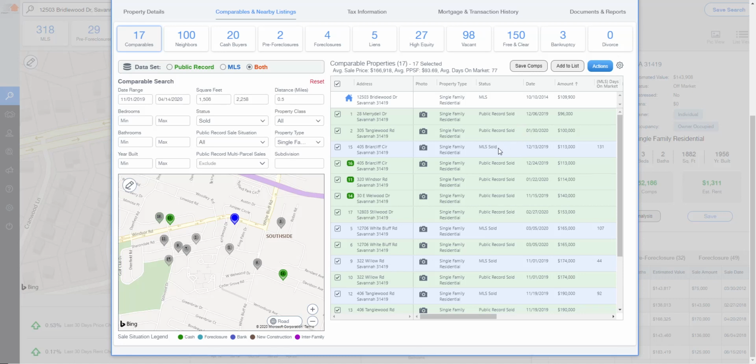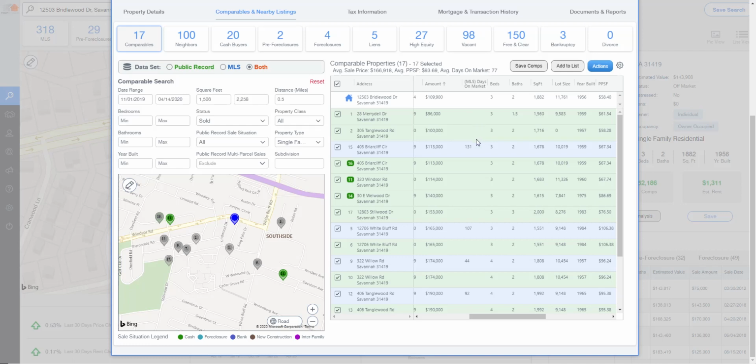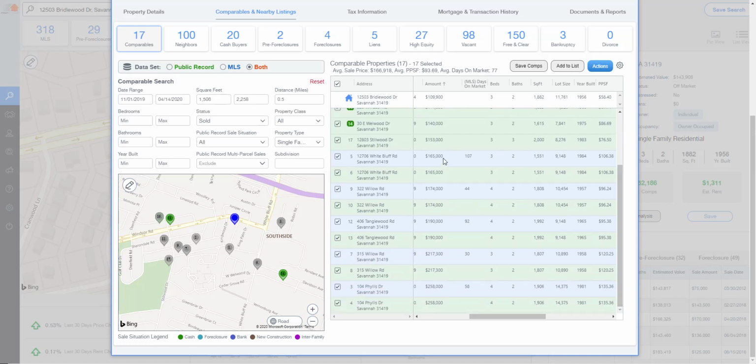There is an MLS sale for 113, and you'll notice there's a public record sale for it as well. So it's captured, it's happened, and it was recorded. But then another public record sale at 114, another at 140. And so you'll see it's grabbing this information in a way that really gives us a picture into what's really going on. Obviously, the public record sales do not capture days on market. That's an MLS thing. As we scroll down, you'll notice we start getting into the retail comps around this 165